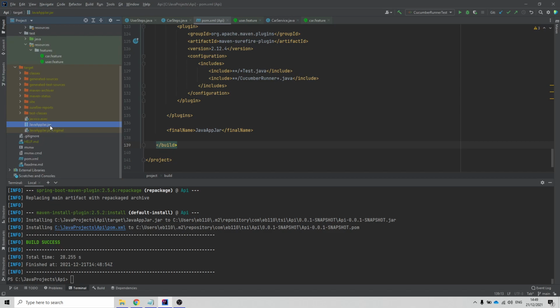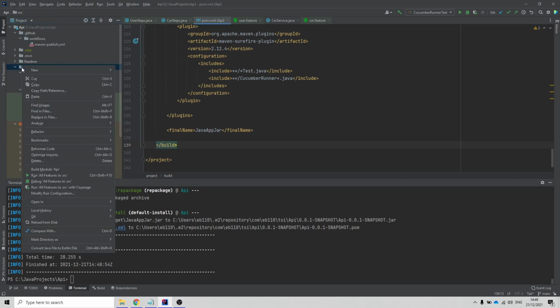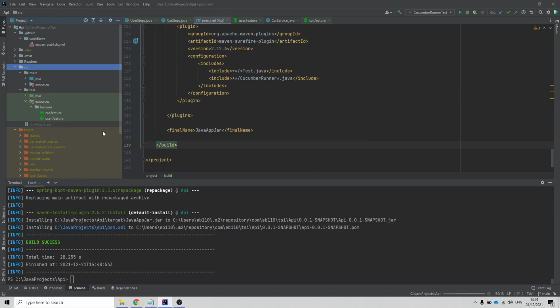We need that file. We have to push that file to our remote repository because then we need that file on our instance. So the target folder stays only on our local version of our project. We are not pushing it to the Git remote repository, but somehow we have to have that file on our remote repository. So I'm doing it in the way that I'm just copy and then source, right button and paste. Okay, so the file is here, and then git add,